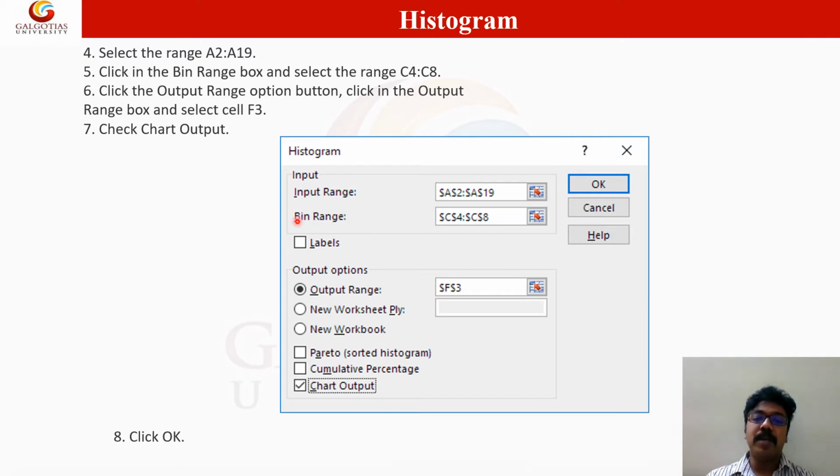This should be given at the bin range tab, and I have to mention the output range at a particular cell. Here we are giving F3 in output range, and for the output type you have to mention chart output, and you have to click OK here.